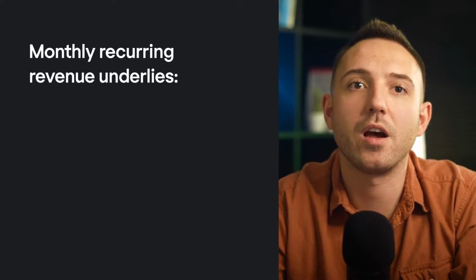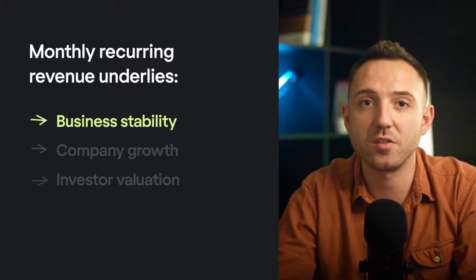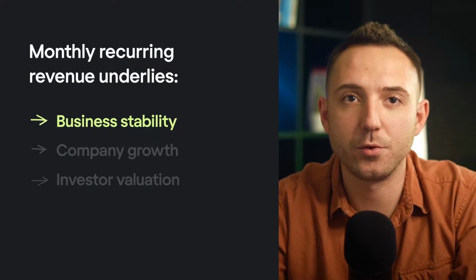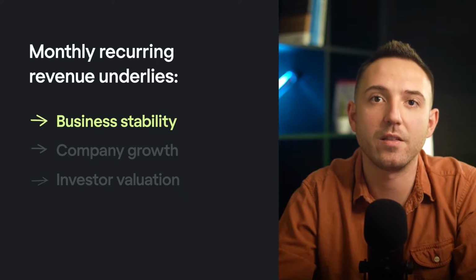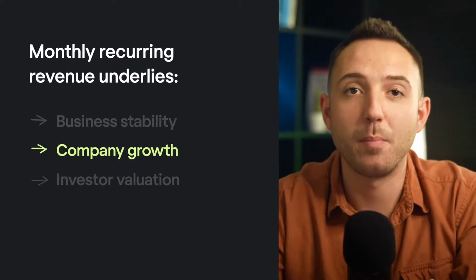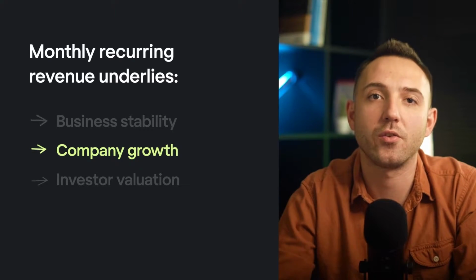Monthly recurring revenue underlies business stability. A predictable income gives freedom to build ambitious plans and ensure they have high chances to become real. Being able to forecast future earnings, it becomes easier to plan the expenses and create a company's safety bag just in case. Company growth. Based on current MRR, a SaaS business can estimate long-term income growth and create an actionable